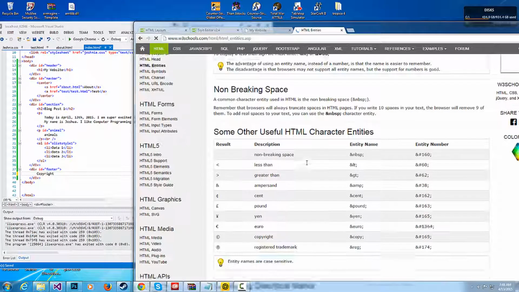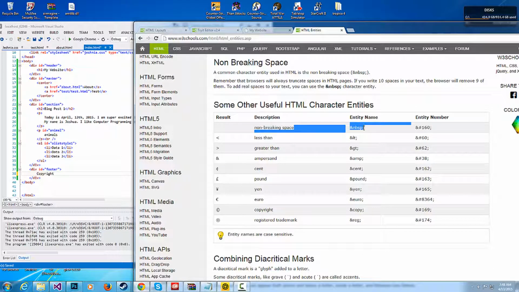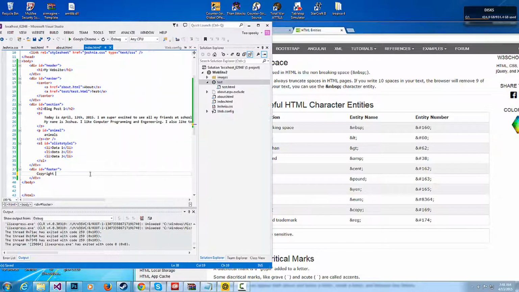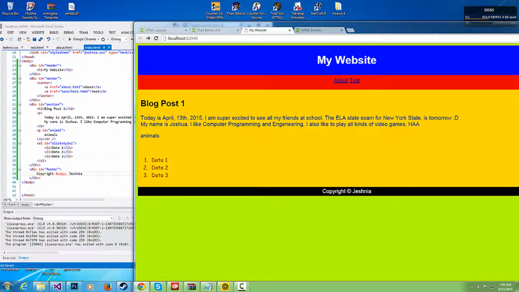There's a list of different tags. Yeah, right. This is the namespace. This is going to be useful when we go into Bootstrap. I'll tell you why later. Copyright. Here we go. Oh, that's it. And percent copy. Alright. 2000. Copyright Jesnia. Alright, that should be that. Copyright Jesnia